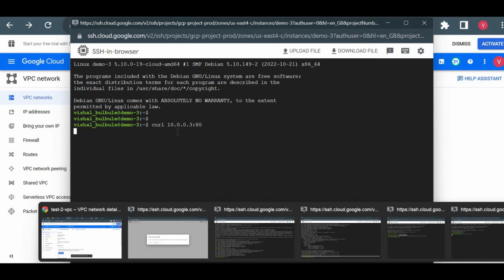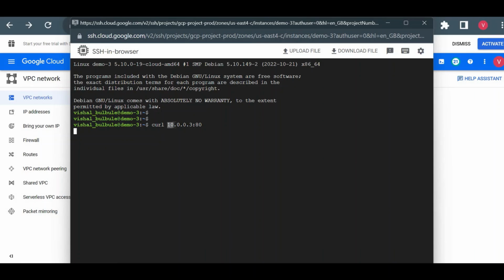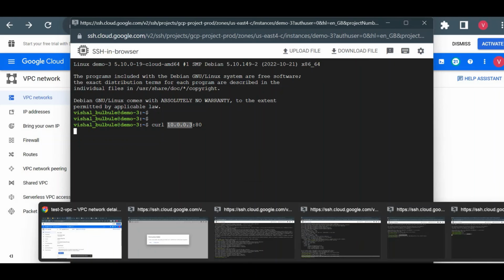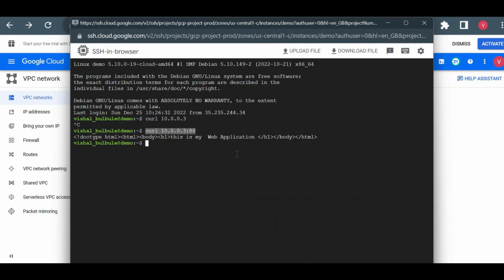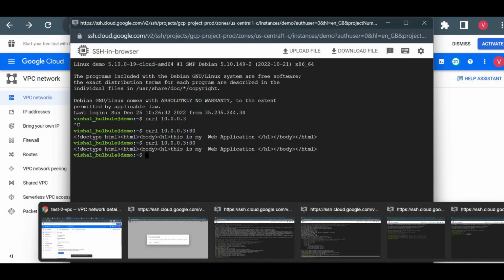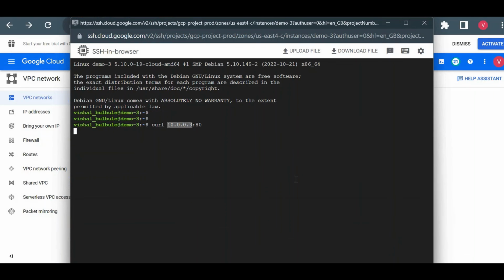It will not allow, because it will check that it is starting from 10. So this is an internal IP, and it will only check within the VPC, but in this VPC there is no such IP. So it will only check the internal IP in that network. A similar thing happens here, but it is in the same network, so it will immediately give us a response. Now, how do we keep our virtual machine from another network interacting with the internal IP? That is called